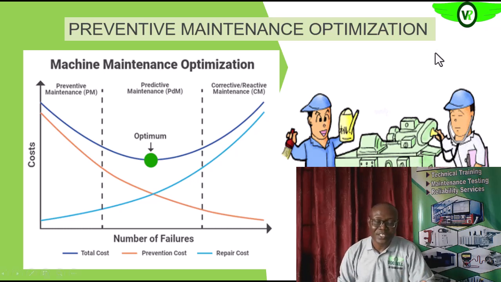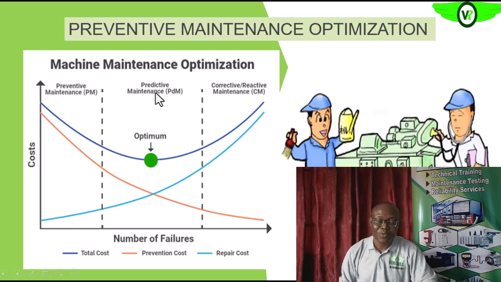So you see that as you move to the right, you move from preventive to predictive maintenance. So this predictive maintenance is what will be deployed most in an optimized maintenance strategy,